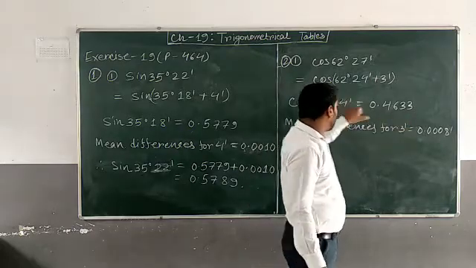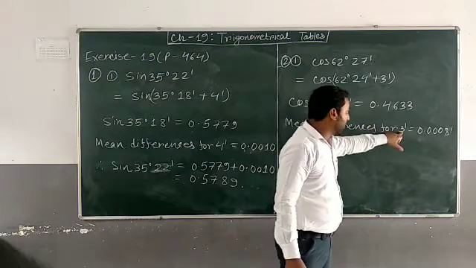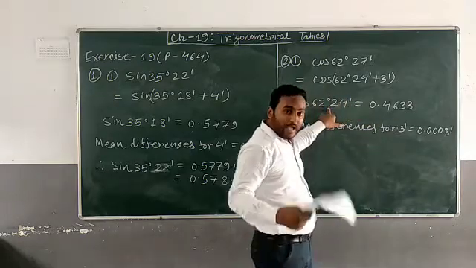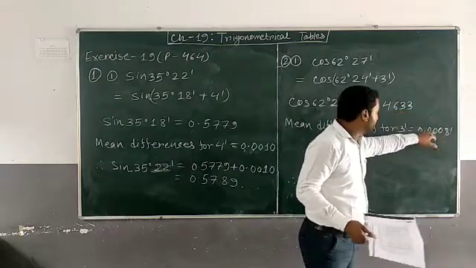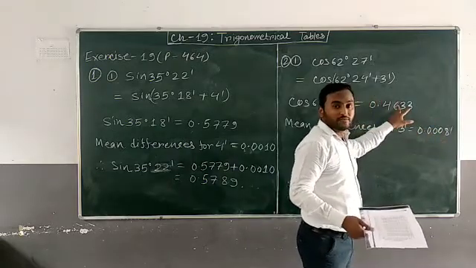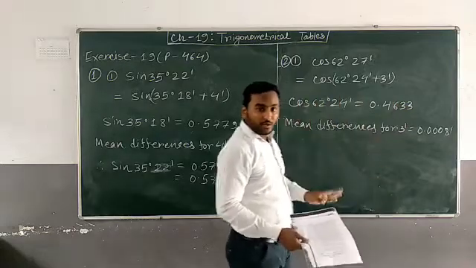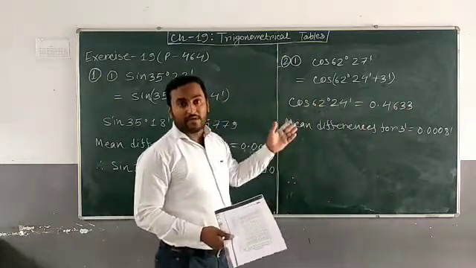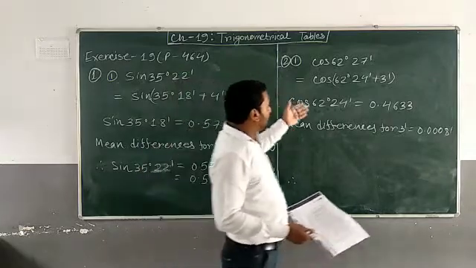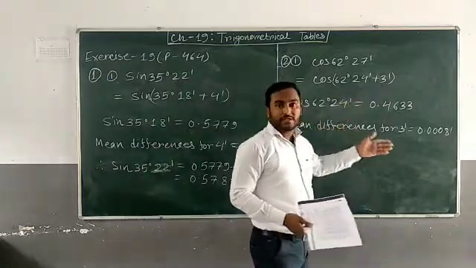This 3 minutes you have to add here. So when you add this angle, the angle will increase. It means the ratio will decrease, which means that you have to subtract from this value. Because we know that when the angle is increasing for cos theta, from the standard table you can see that the value of cos theta is decreasing.